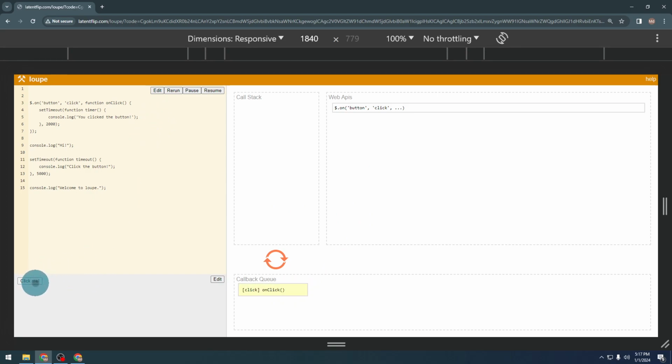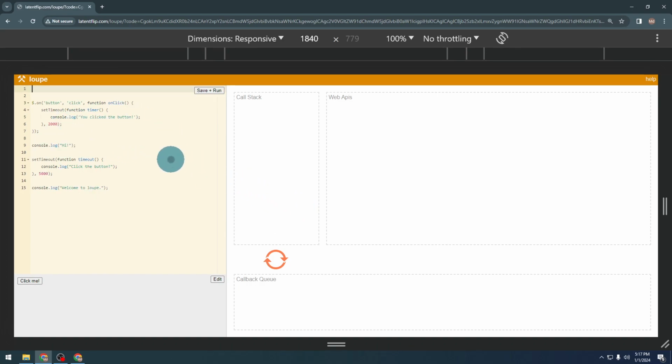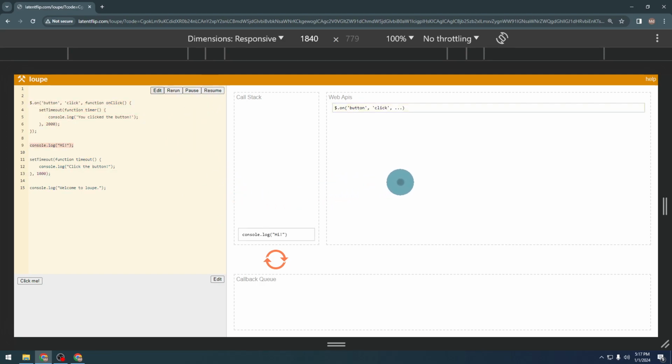Let's click the button. As you can see, the function is executed and it is a setTimeout. So the timer is there, and the callback queue and call stack. You should explore it by yourself. You can write out some code here as well. So let's say I reduce the delay here to 1 second, not 5 seconds, and let's see. As you can see, console log hi, 1 second is done instantly. It is now waiting for the call stack to be empty, and as you can see,